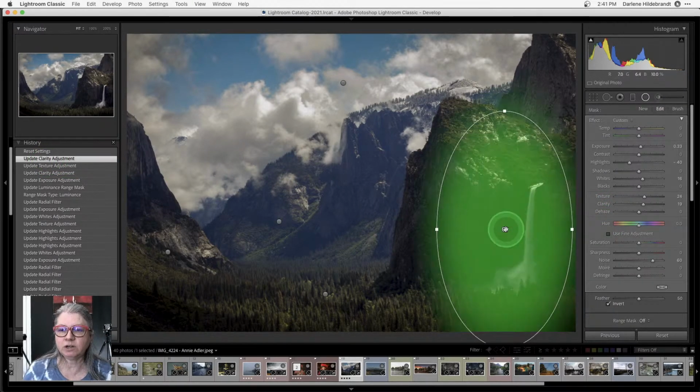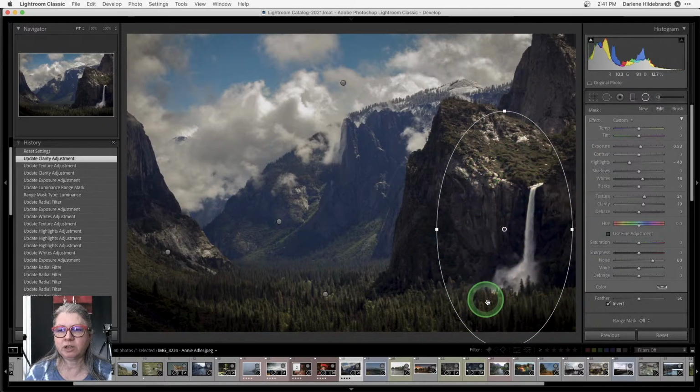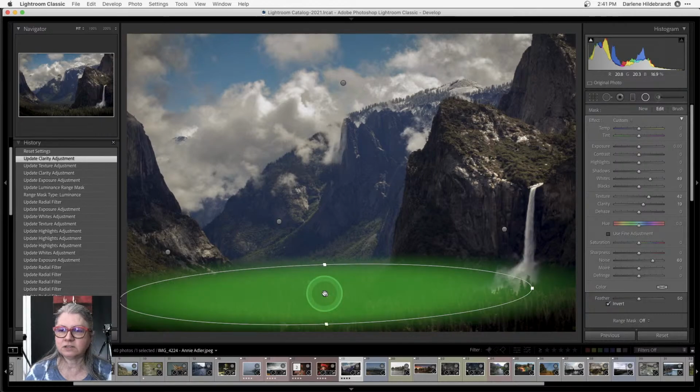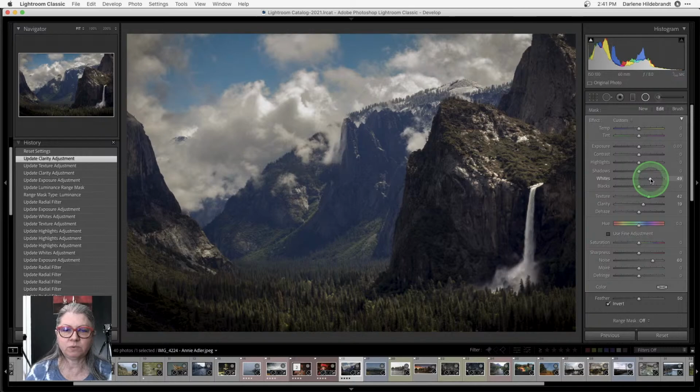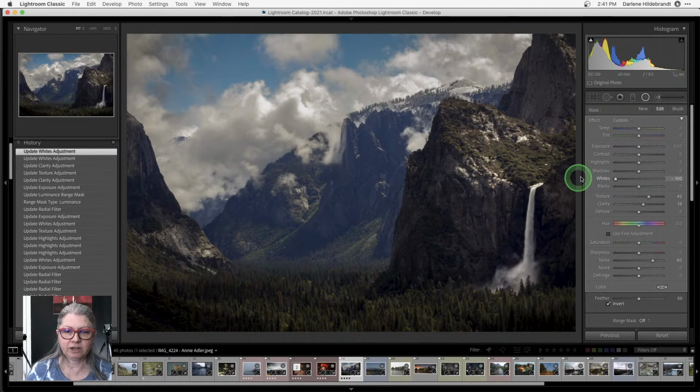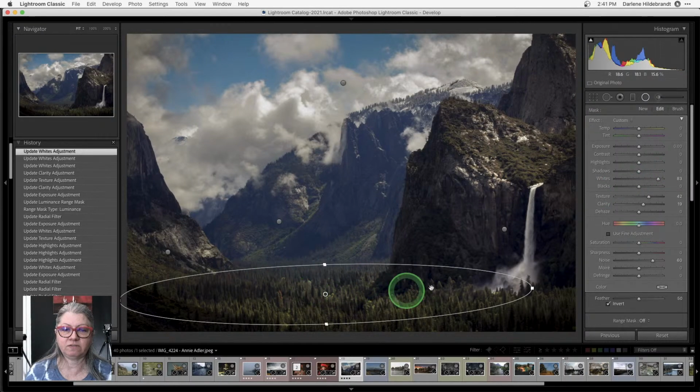Okay, so I applied one here that you can see what it's doing. It's darkening the highlights and the exposure and increasing the texture and the clarity because I wanted to really bring out this waterfall. I applied one here that is actually lightening, so I've added the whites. So watch what happens when I get rid of the white. When you increase the white slider, it's like pulling up the brightest part, and really those trees stand out. Okay, so now I'm putting attention sort of in this valley here.